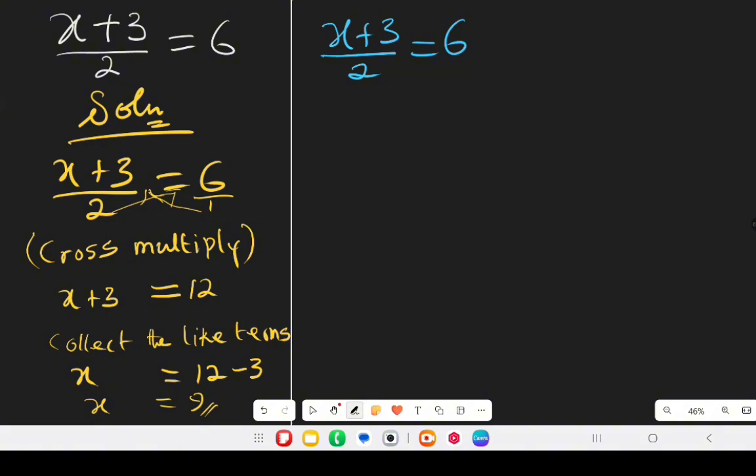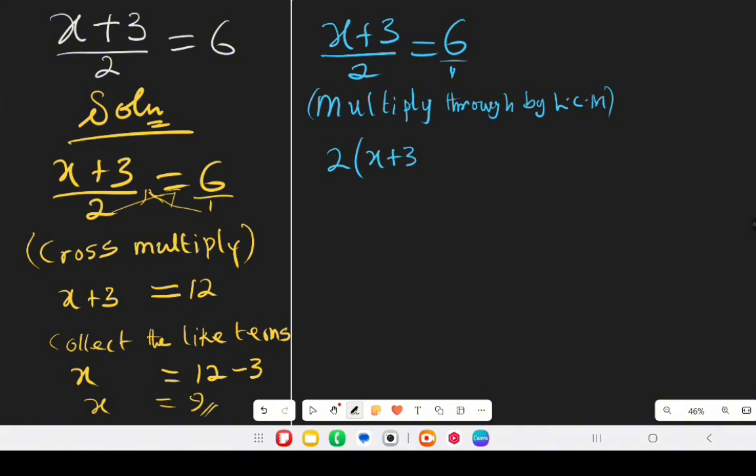Let's use another method to approach this question. In this case, instead of saying cross multiply, we say multiply through by the LCM. What is the LCM of the denominator? We have this is over 1. What is the LCM of 1 and 2? LCM is 2. If we multiply through by the LCM, then the numerator we are going to have 2 times